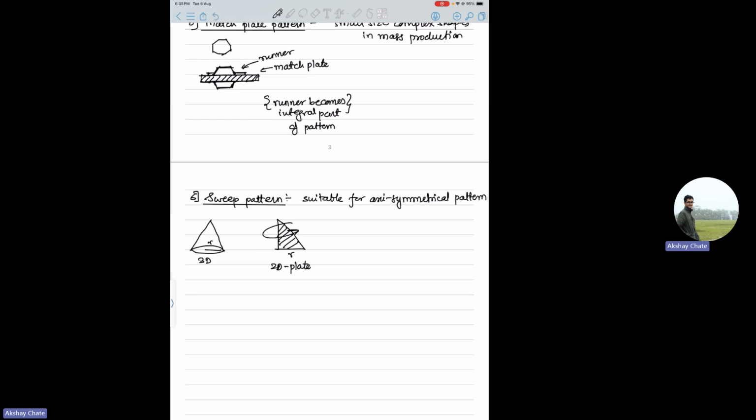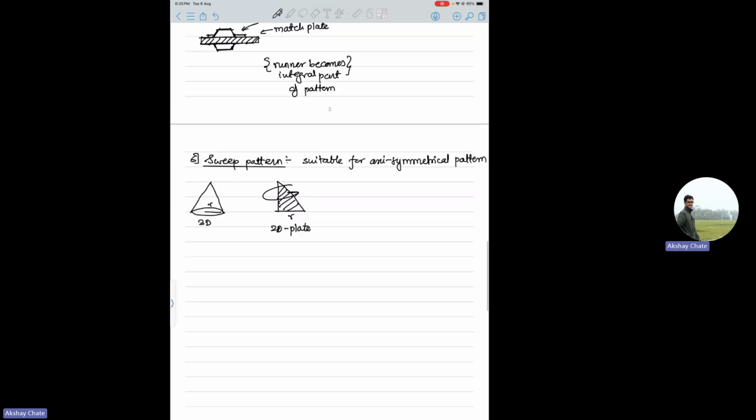We'll see later about cores, etc. Chaplets. Okay. Then there is the seventh, which is the follow board pattern, and this is used for some thin type of patterns because they don't have enough strength. So this is for structurally weak